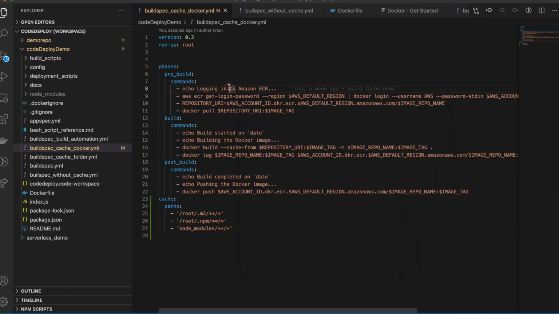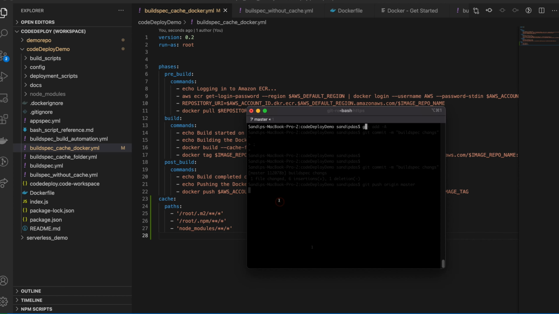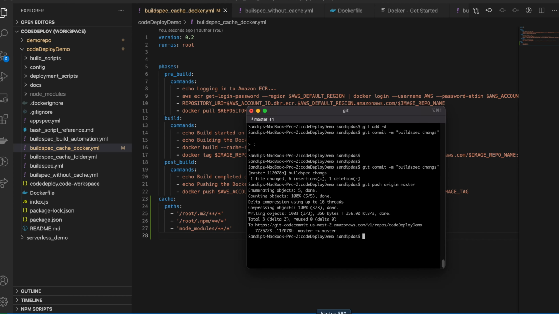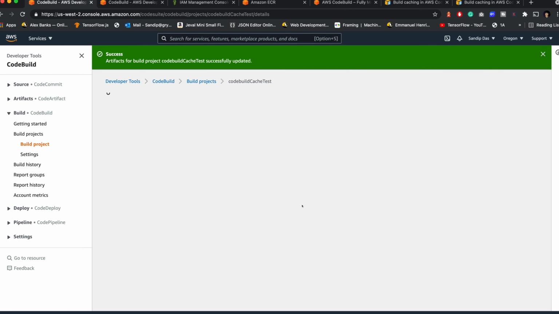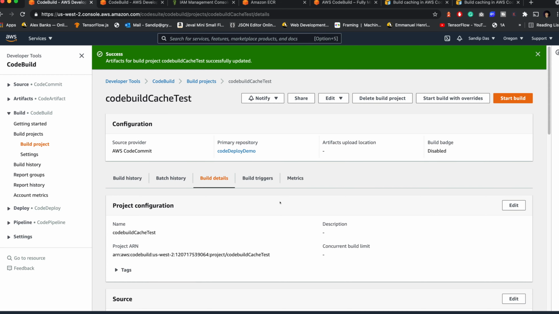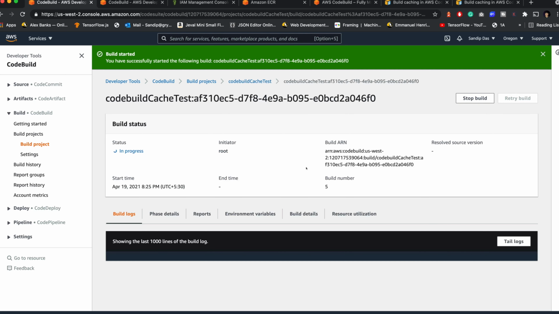We are not actually utilizing this, but if you are running an actual build instead of Docker, it will be much more utilized. Okay, so let's save it. Now if you run the build again, it will take the same time because you're not utilizing it, but if you are not using Docker, that will be very useful. Now I have shown you using the local system, right? Start the build. There will not be much difference, but you'll see the success.